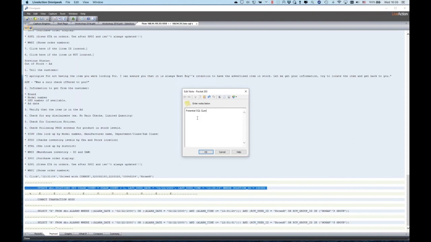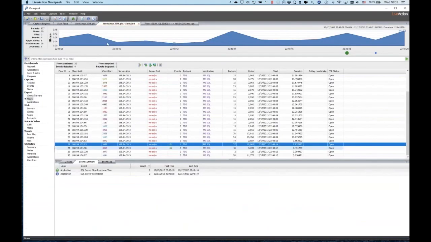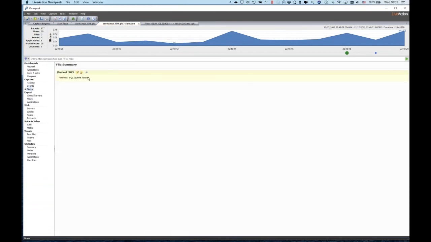I can't spell. You get the point. Okay, click that. Now what that's done is we've actually put a note into our packet capture file, and